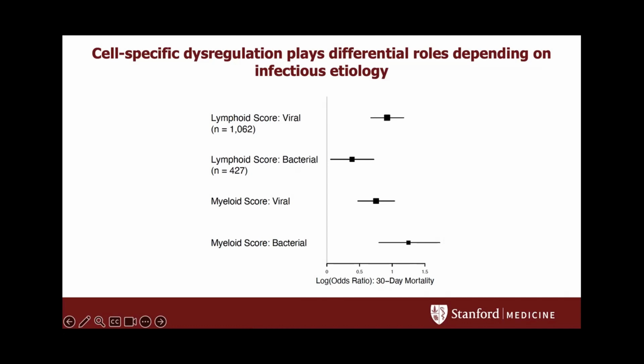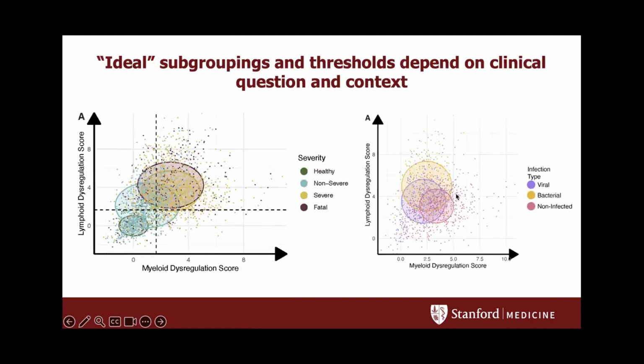Now, this is really interesting, and again points to this context specificity. If you remember, likening back to this figure right here, lymphoid score was more associated with mortality in these viral infections, but actually what you see is that bacterial infections have a higher lymphoid score. And so again, it really points at the fact that you need to take clinical context into account when you stratify patients based on these immune dysregulation scores. And finally, this framework with continuous scores allows us to do that, to integrate dysregulation with the clinical context to make sense of what's going on.